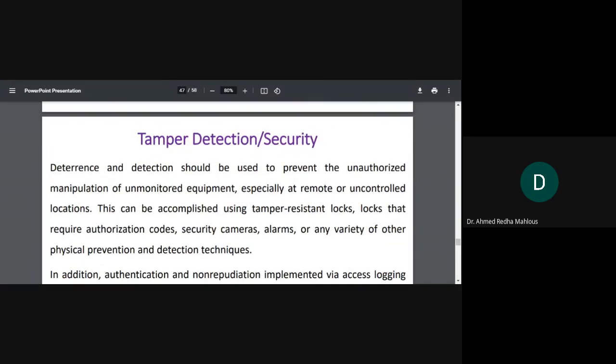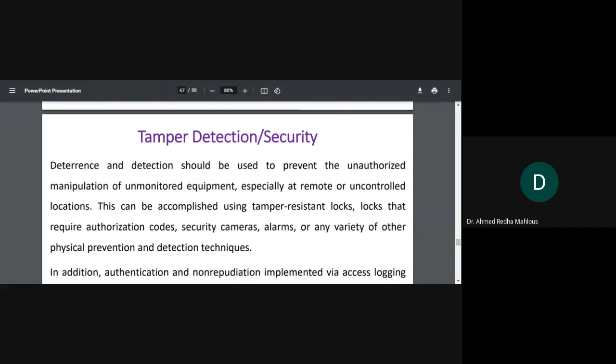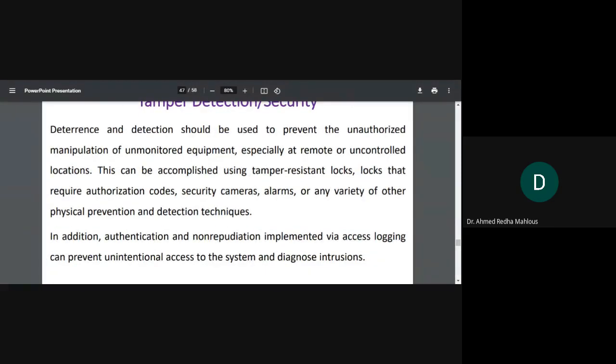We looked also at tamper detection security. We said we need to protect the devices, specifically in a physical way, to prevent anyone from accessing those CPS devices, specifically those that